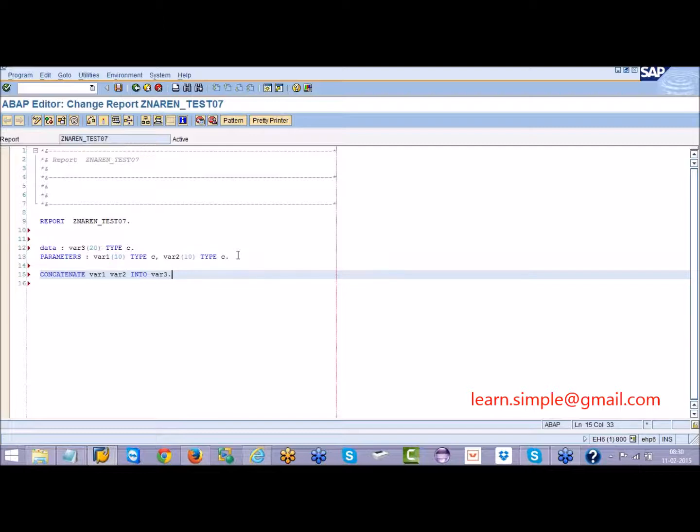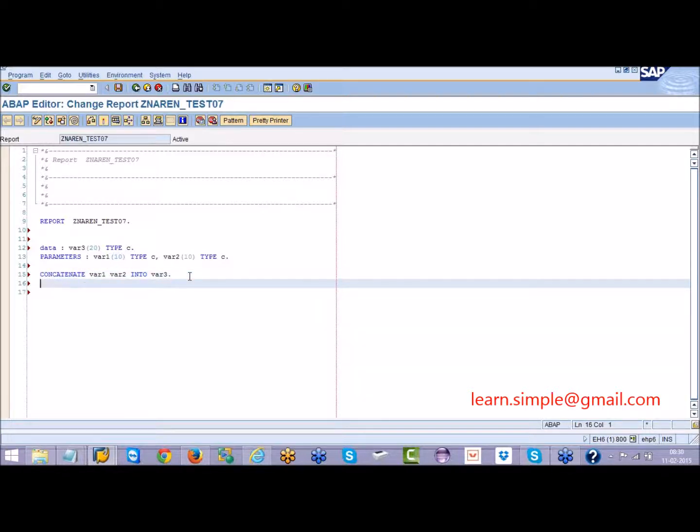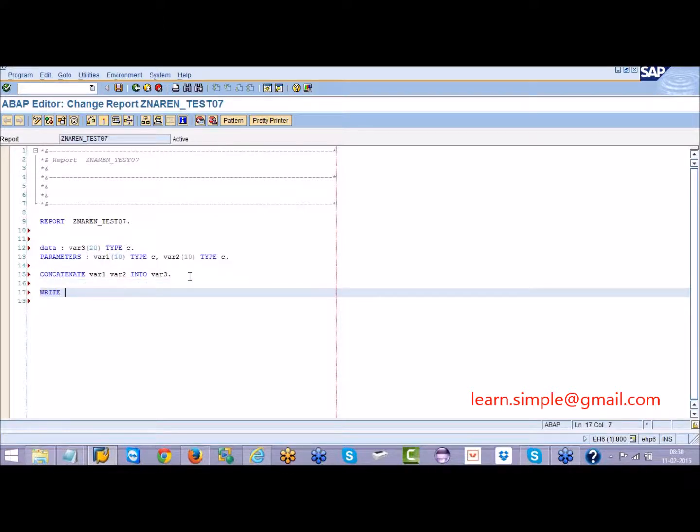This is your syntax. Whatever you give in variable 1 and whatever you give in variable 2 will be concatenated. Concatenated means put together, and it will be given to variable 3. And then, as it is, write variable 3.